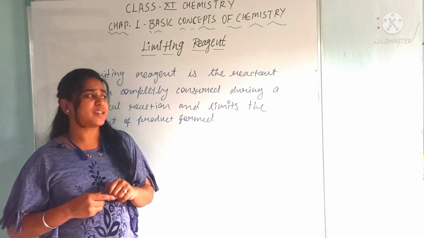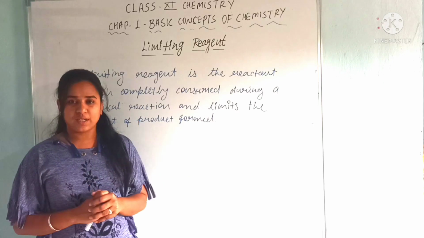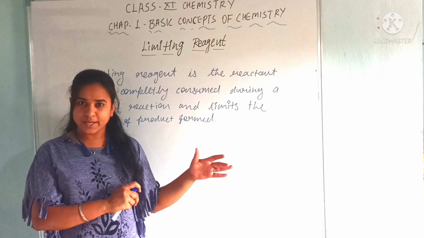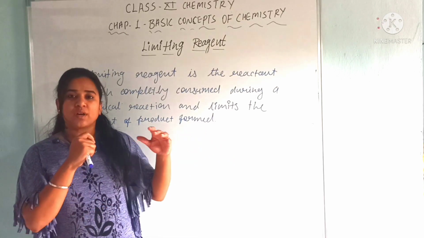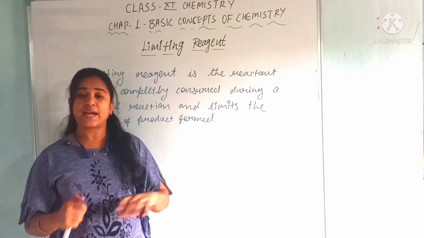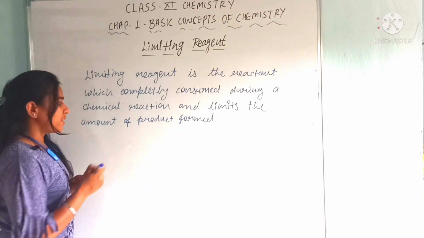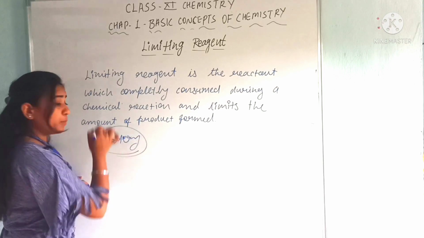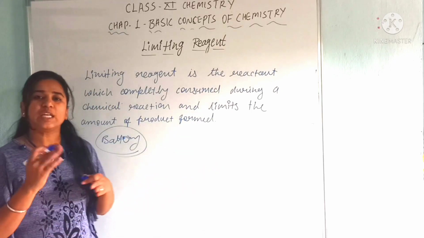Limiting reagent is the reactant which is limited in availability for a chemical reaction. For example, a software company has to produce 1000 mobiles per day and it has 500 batteries. To function, a mobile needs a battery. So there are 500 batteries and 1000 bodies of a mobile. Which is the limiting reagent here? Battery is the limiting reagent, because without a battery the complete product is not formed. Okay, so this is the limiting reagent.